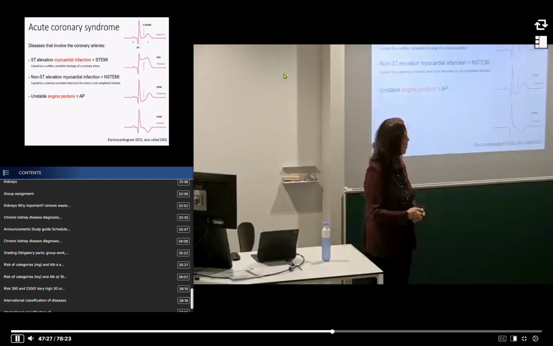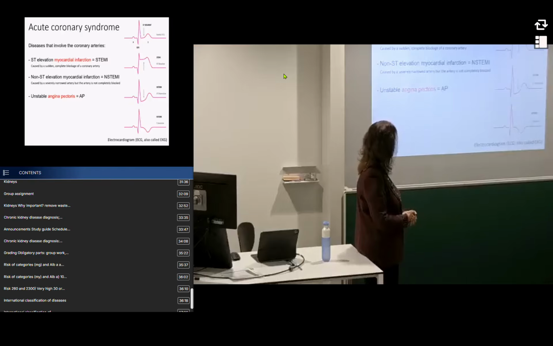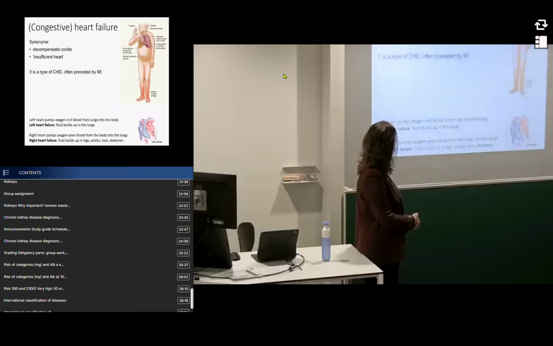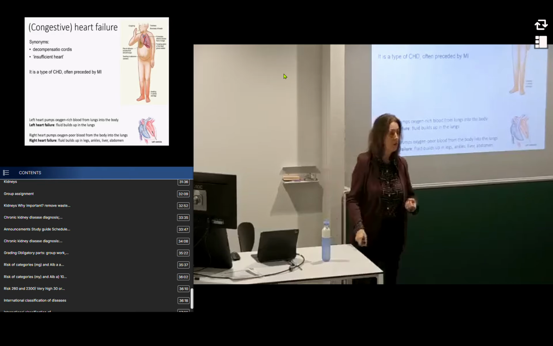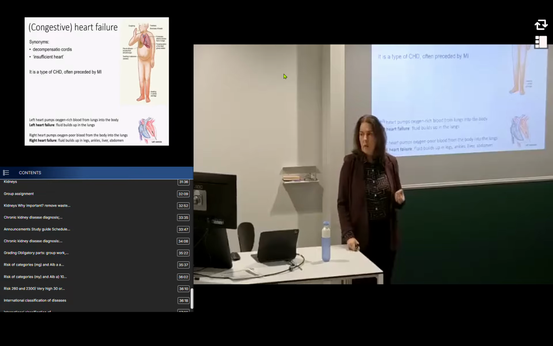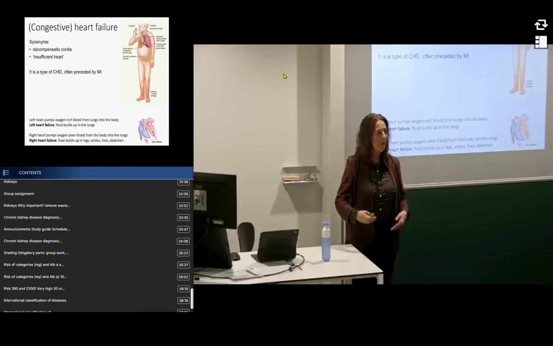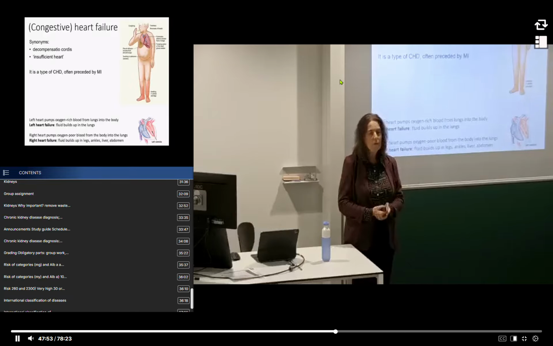Make the blood flow again to the heart tissue. Okay. So when people suffered a myocardial infarction, quite often after that, the heart doesn't function that well. It cannot pump the blood around in the body as well as it did before. And when blood is left behind in the body that is not properly pumped around, then you can develop a